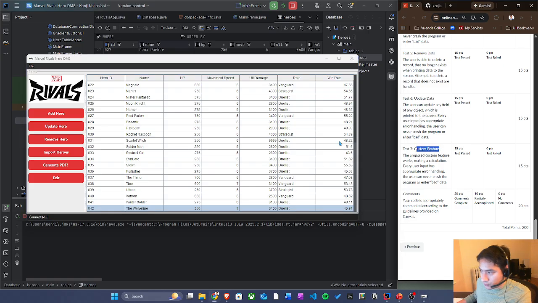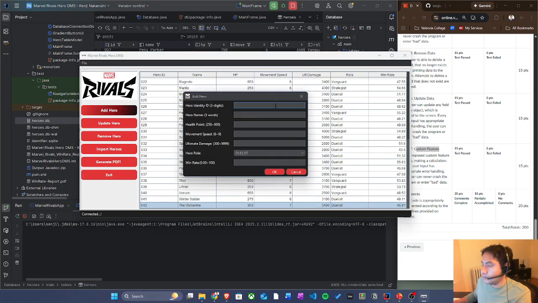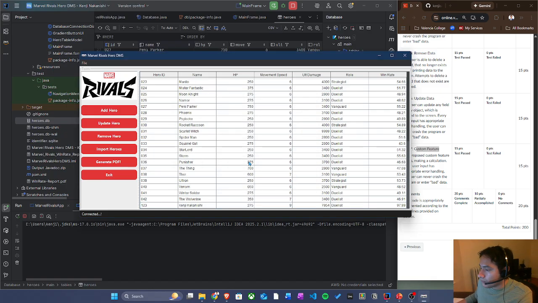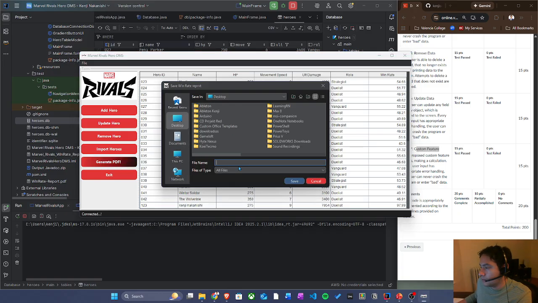The custom feature. So now let's add something big. Let's do like 1, 2, 3, right? And then let's do Kenji again, Nakanishi. So the health point 75, 79, and then let's do for round number. The one that I want to show you is that the PDF will be generated based on win rate. So when I create a crazy big win rate like 97.99,